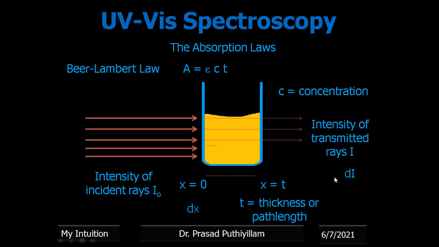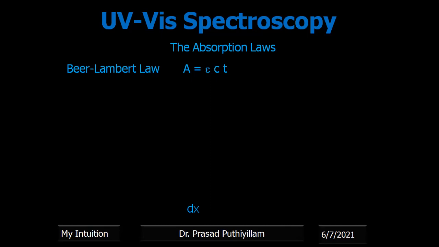So we know that as light passes through the medium, some of the light intensity is getting absorbed, so this change in intensity, or the difference in intensity, the dI value, will always be a negative value. Therefore, I represent it as negative dI. Now I want this dx and dI for continuing my derivation, therefore dx and dI only I am taking.